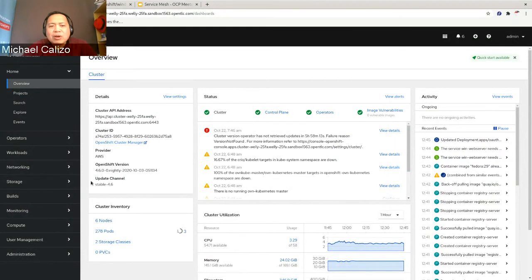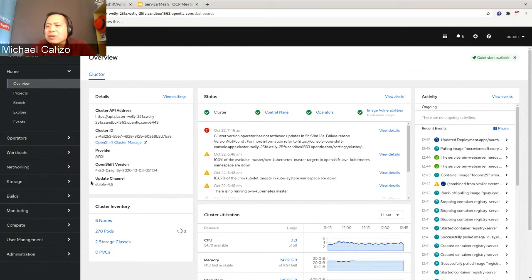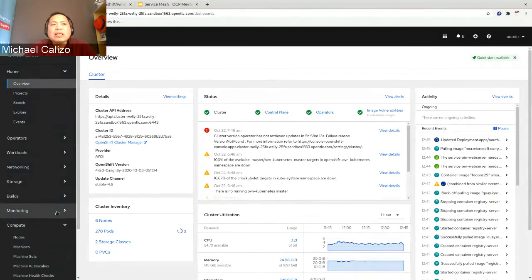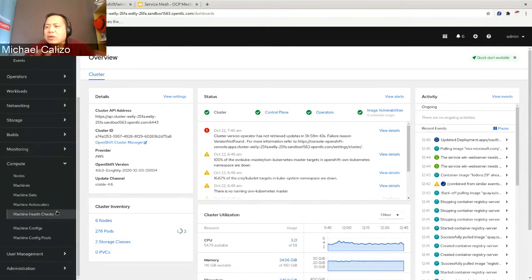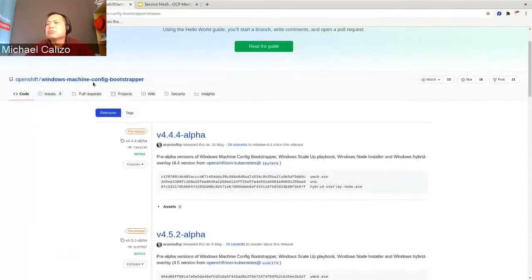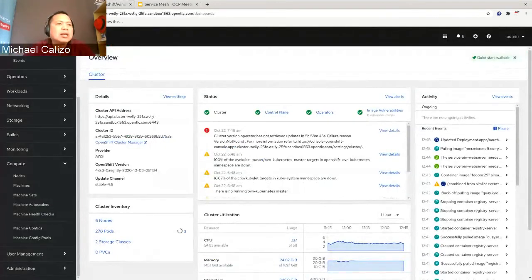So we talk about Windows containers. I did deploy this in AWS because I wasn't able to request Azure access from Clarence, but it's all good. Windows container on Arrow will be supported, I think, early next year. So I'm not going to deploy the worker node. To deploy the Windows worker node, you just need to use this Windows machine config bootstrapper. So the idea is you deploy your OpenShift cluster, and once your cluster is deployed, you can add a Windows